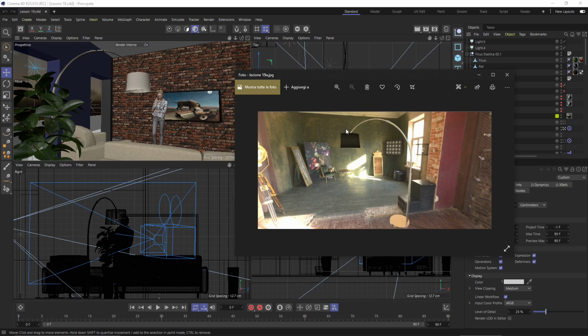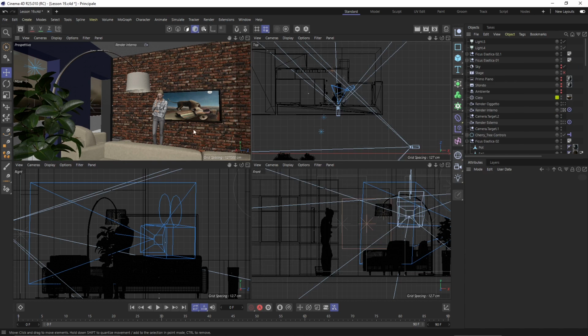For example, if you want to render just an object, you cannot build all the scene around it, but you can just use a single image, and that's going to give you the background. It's going to give you the reflections and also the lighting. And this technique is called image-based lighting.